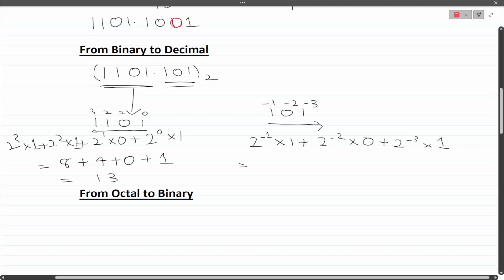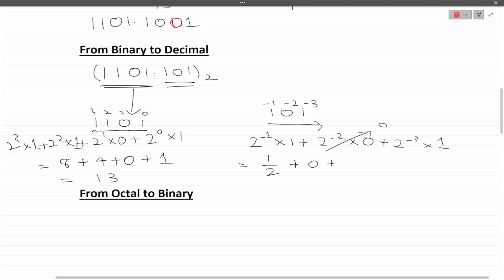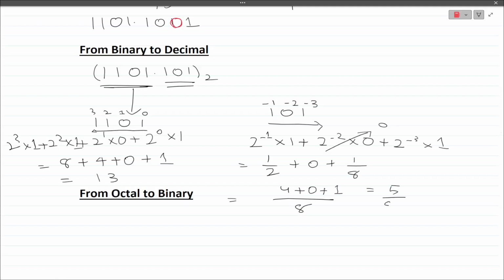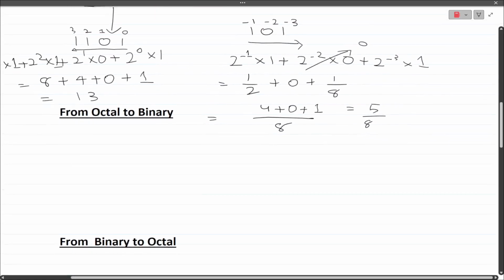So what will happen over here? 2 to the power -1 is of course 1 by 2. 2 to the power -2 into 0 will lead to 0, so 0. And this is 2 to the power -3, so 1 by 8. So after solving this, it's 5 by 8, right? And if I will be dividing it